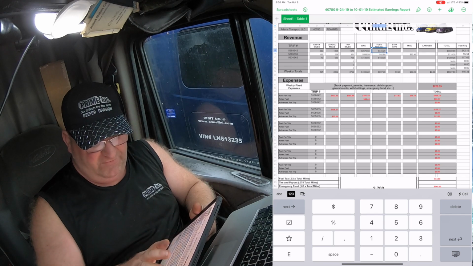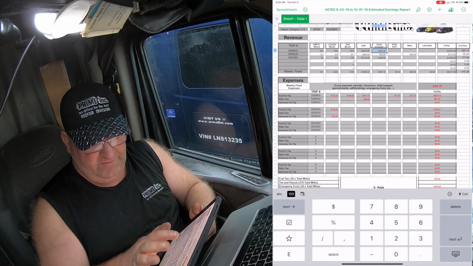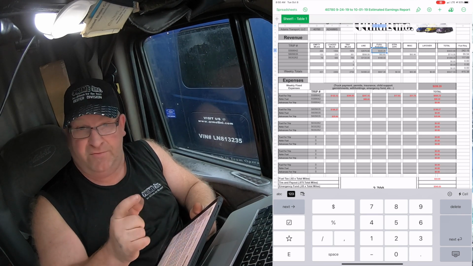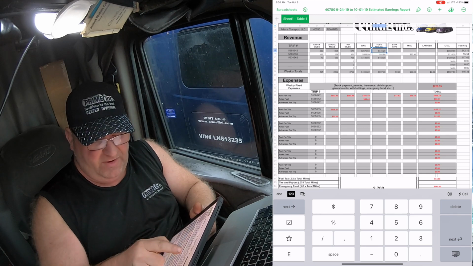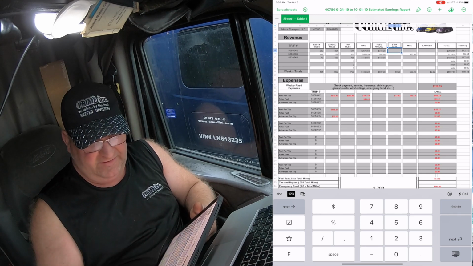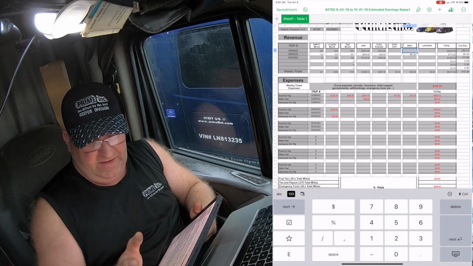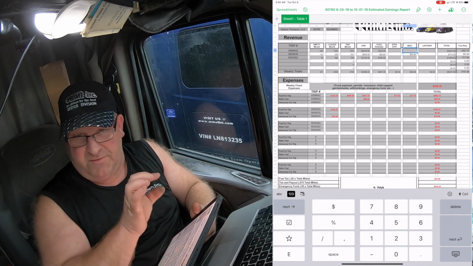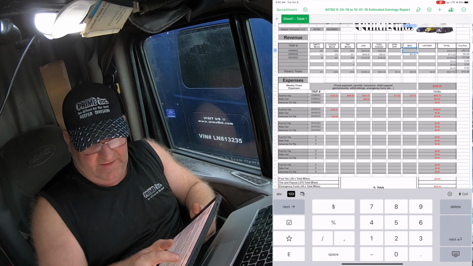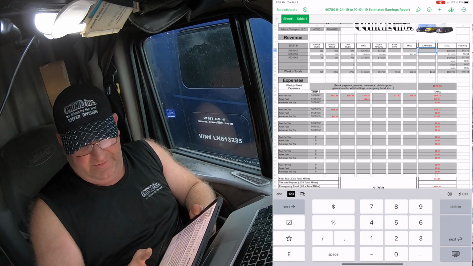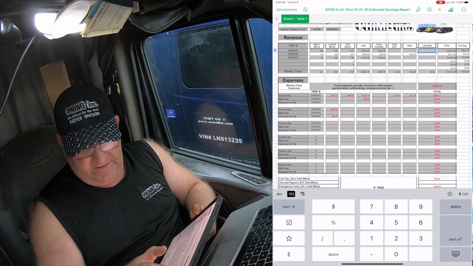Then you put in your fuel surcharge, your FUSU, and your reefer fuel. You add those two together, then you put that amount in that box. The STPA and STPI is your stop pay and stuff. Any miscellaneous income that's in your estimated, any layover or whatnot, and then it gives you the total,